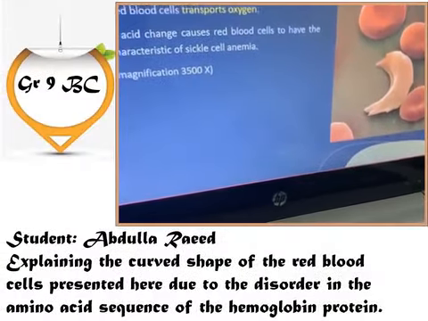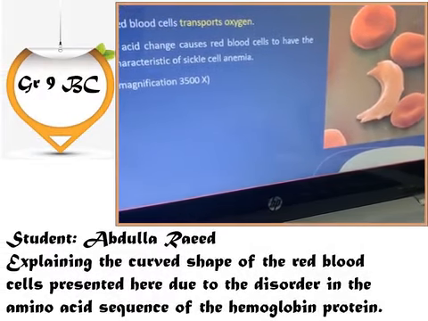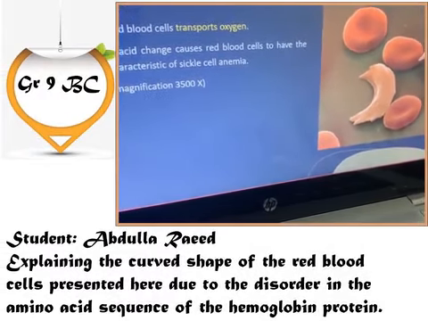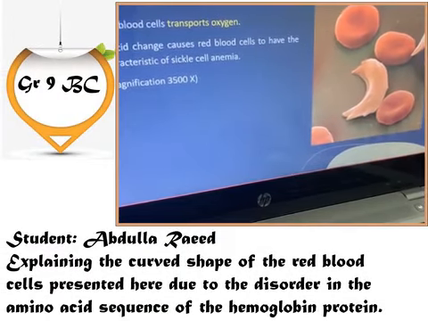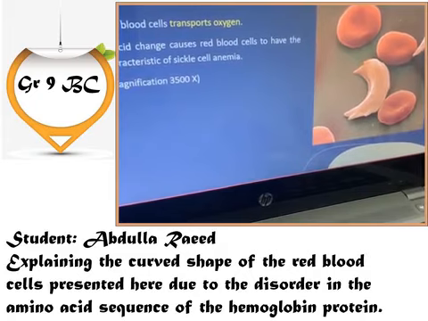Function of the amino acids of the protein, and an example is a sickle red blood cell. Because of one problem in the amino acid, the sickle red blood cell